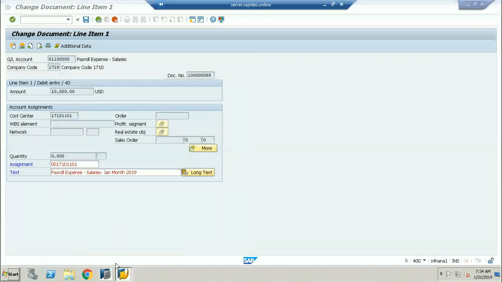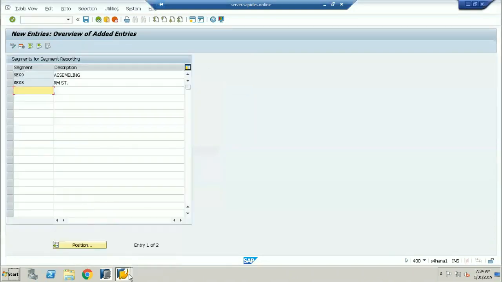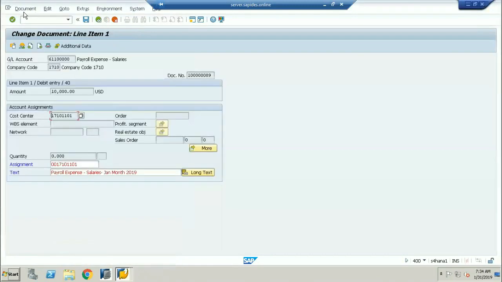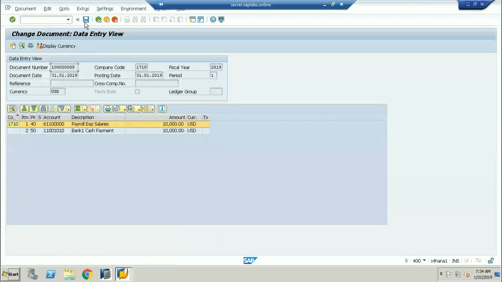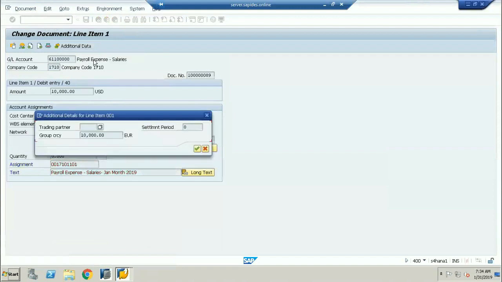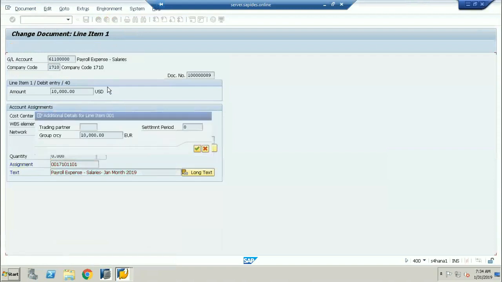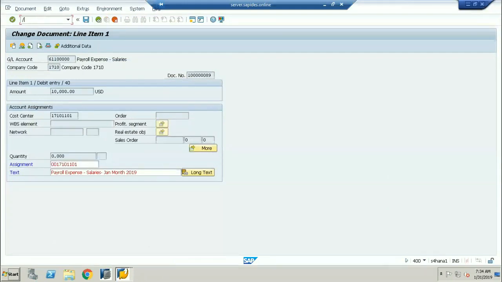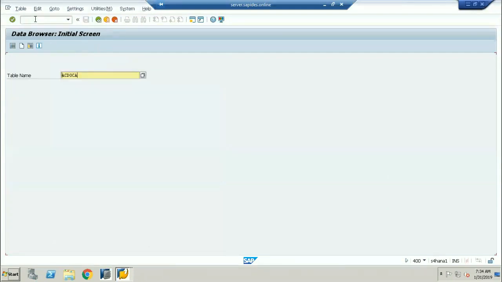I'm sorry. If I see the reports, where is the report? Okay, group currency amount has been posted. Yeah, I'm coming to the screen now. See here, this report. Okay, SE16. Based on this report,